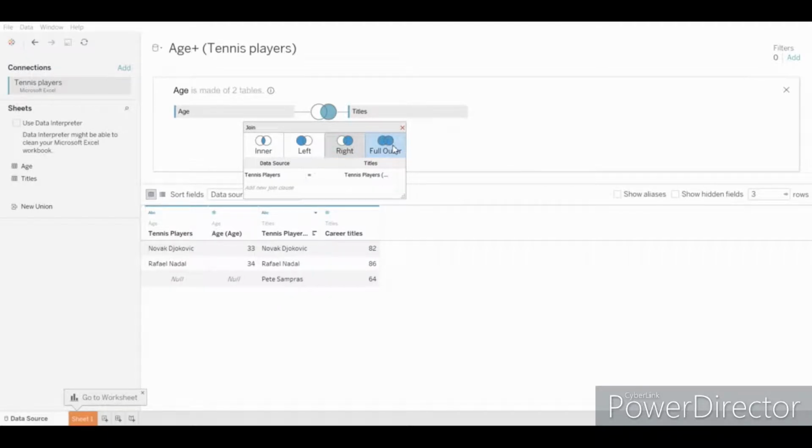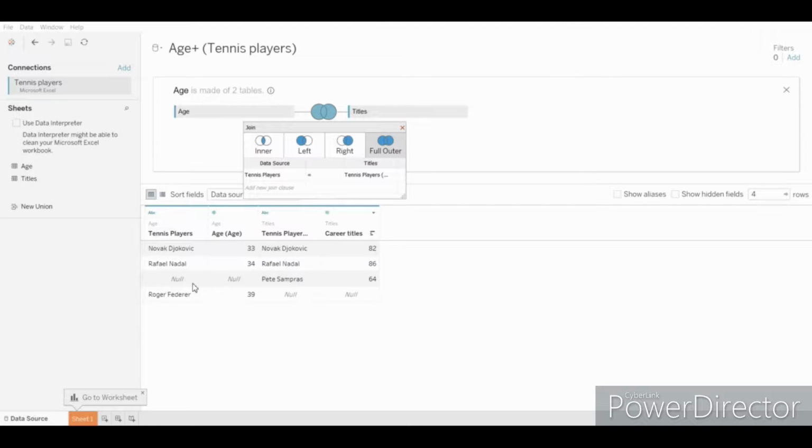And the final option is full join. That's going to include all records from both the tables. So you will get every record from the age table and every record from the titles table.